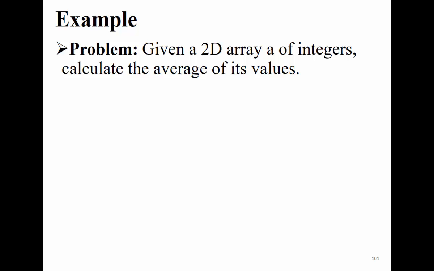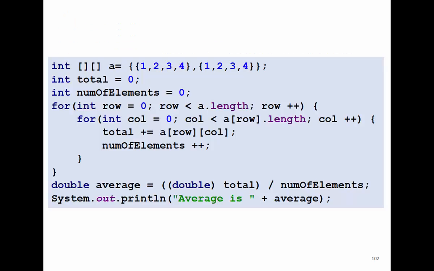This is a problem. We have a 2-dimensional array of integers and we need to calculate the average of them. How can we do this? In this case, we have to visit all the rows and all the columns. To be able to do this, we can use nested for loops. As you can see here, we define this 2-dimensional array. We have 2 rows, and how many columns do we have? 4 columns. So we start with total equal to 0, number of elements equal to 0, and